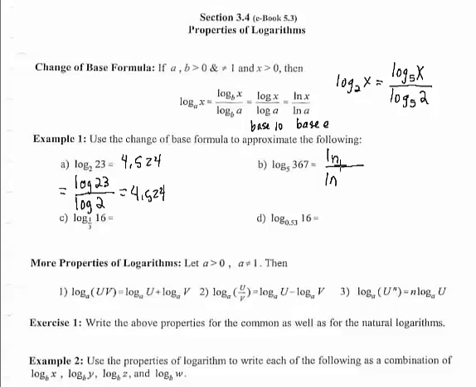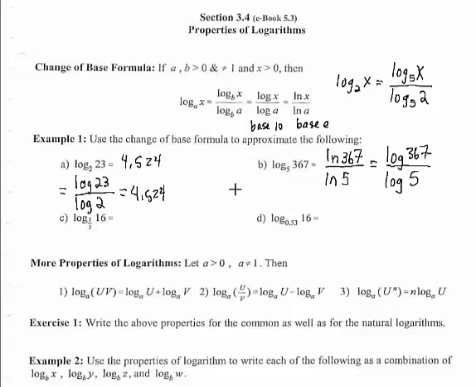367 sits above the 5, so 367 would be used as the argument in the numerator, which is above the denominator. And then the 5, the base of our original expression, goes into the denominator. Likewise, we could have used the common log: log of 367 divided by log of 5,